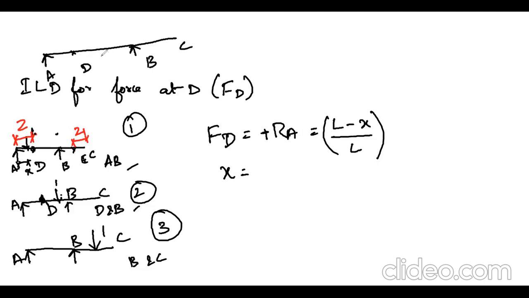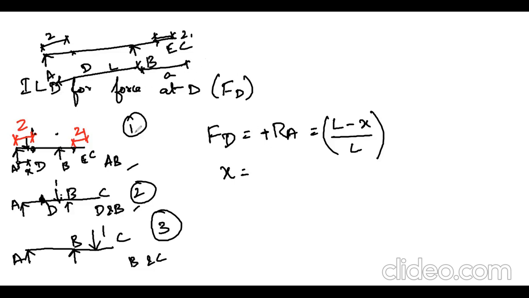Here is your point D. Here is your point E. This distance is marked as Z and this distance is marked as Z1. The span between the supports is only L, whereas the distance between this support and the free end is A. You should be clear about this. Okay, this is very important. Then only you can solve this.